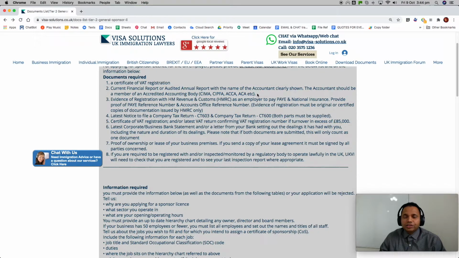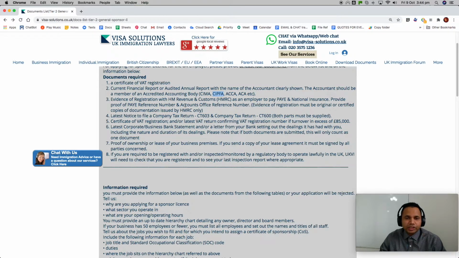So the name and the registration number has to be mentioned. Many times we send the letters from accountants, sometimes the registration number is not there. So make sure which registration they have and the number of that particular accountant who has signed for it. Not the company's, not the accounting company's registration, but the individual who has signed as being the responsible accountant.